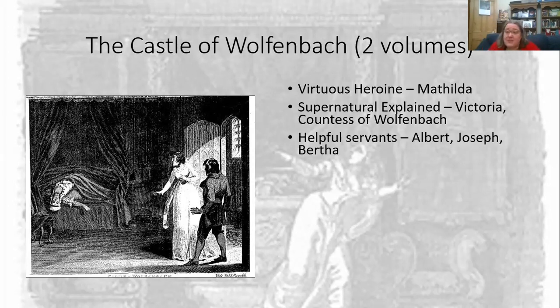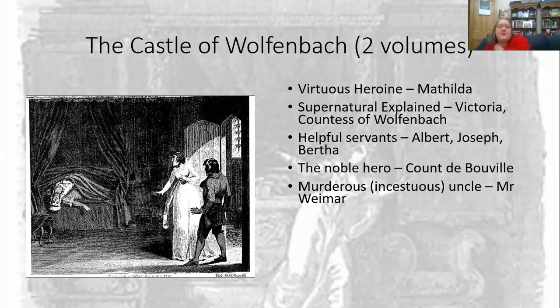We have the helpful servants. We have Albert, who helped Matilda escape. We often find in Gothic novels that servants are the most useful people. Joseph and Bertha were the servants that were looking after the Countess of Wolfenbach. Joseph knew she was alive and he survives the novel. Bertha didn't know she was alive and she dies in a fire because the Count of Wolfenbach kidnaps his wife again, wanting to murder her, and just sets fire to the castle and just happens to burn Bertha alive. So that's pretty grim. We have a noble hero, useless, of course, the Count de Bouville,